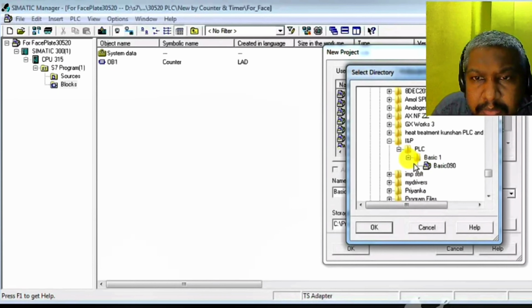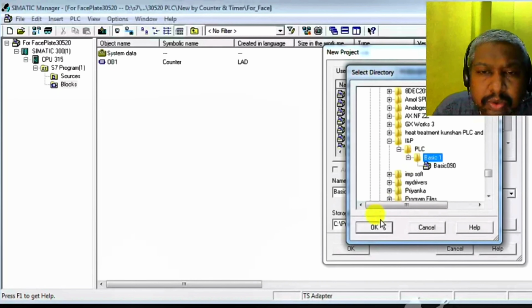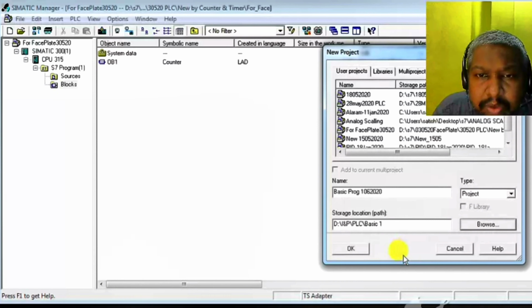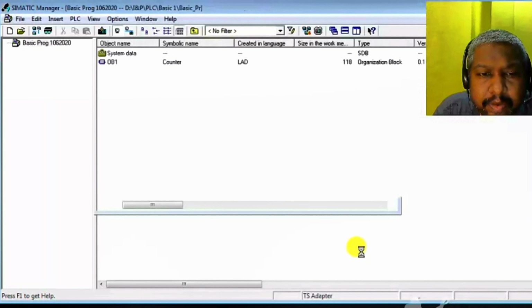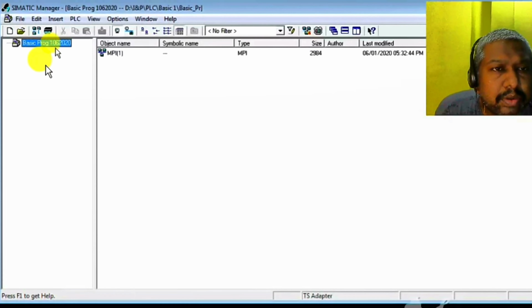My location is basic 1, so click on OK and OK. Look, this is the basic program. 1062020 is my project name actually. So the project name is created.